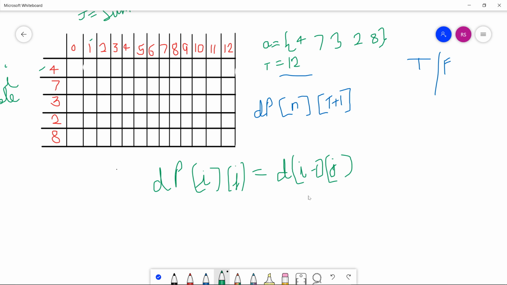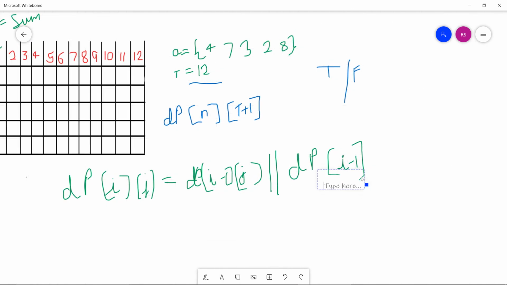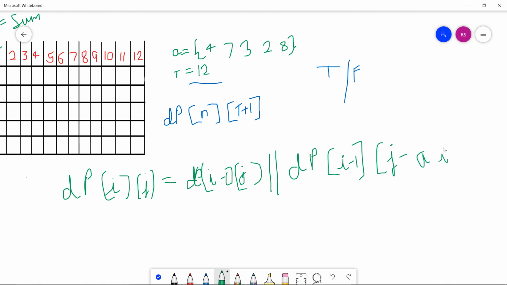If we exclude this element, the result comes from the row above. If we include this element, then our formula is dp[i-1][j - a[i]]. This is the thing.